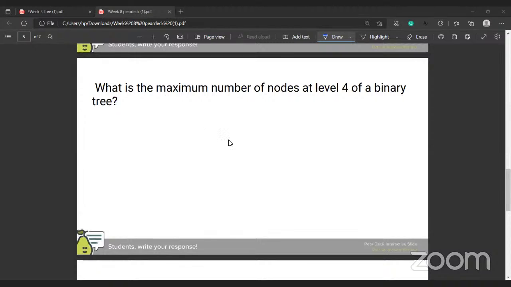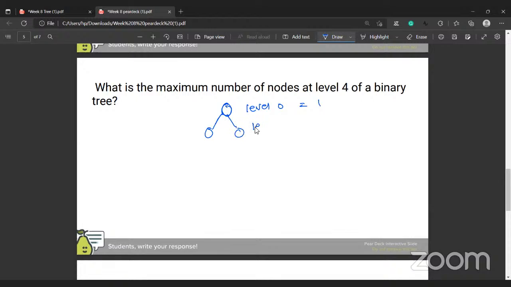Yeah, maximum got the right answer. Level 4 of a binary tree is 16. If you see, I'm repeating this concept. Suppose now the number of nodes at level 0, maximum possible is 1. At level 1,